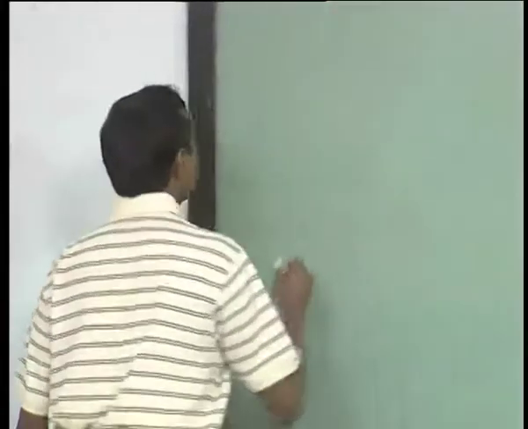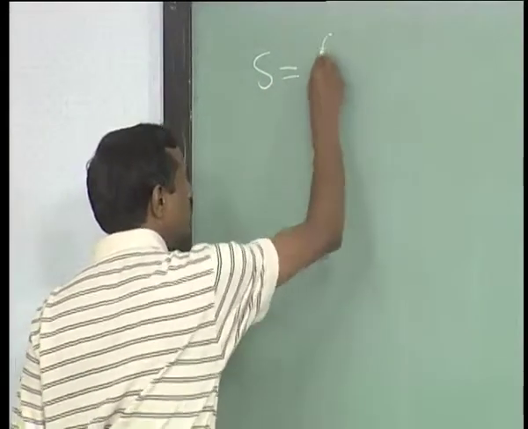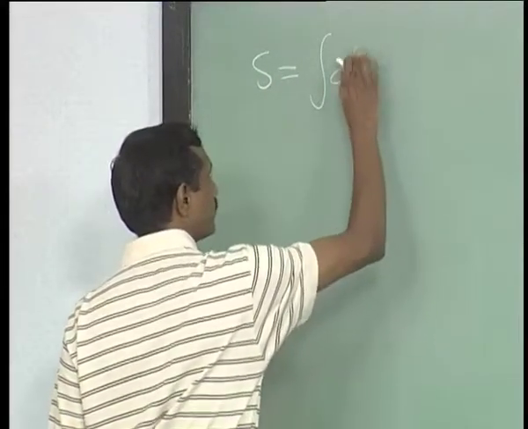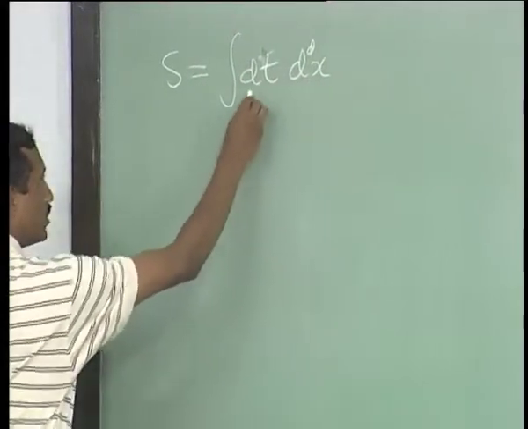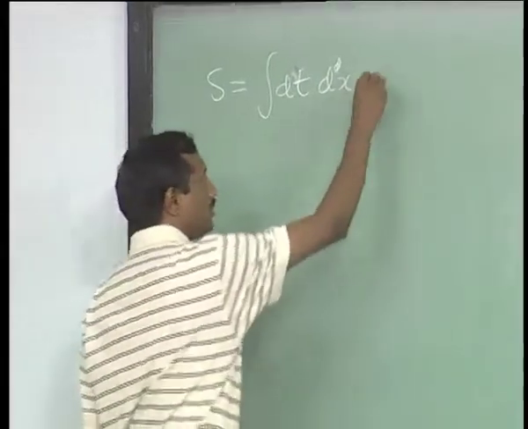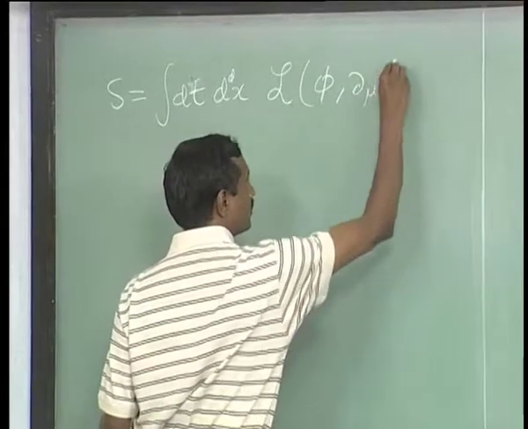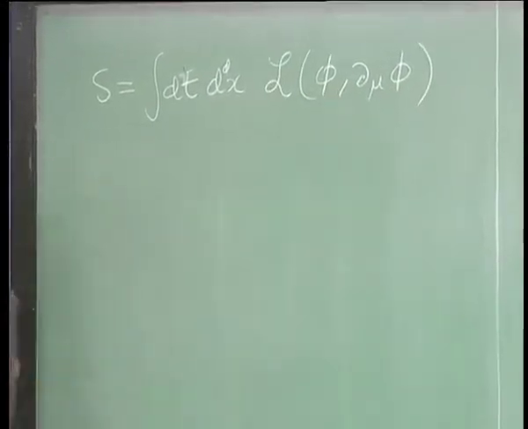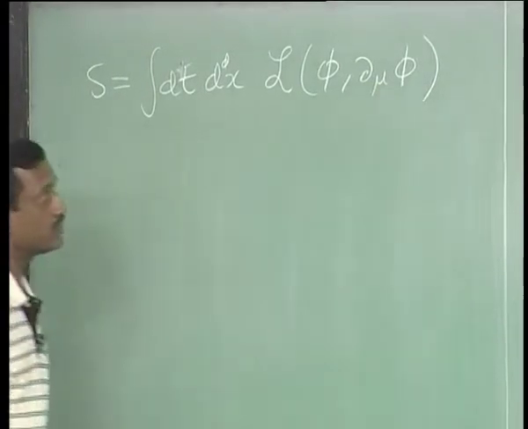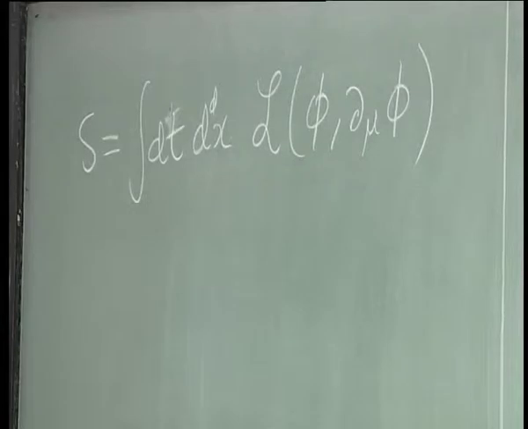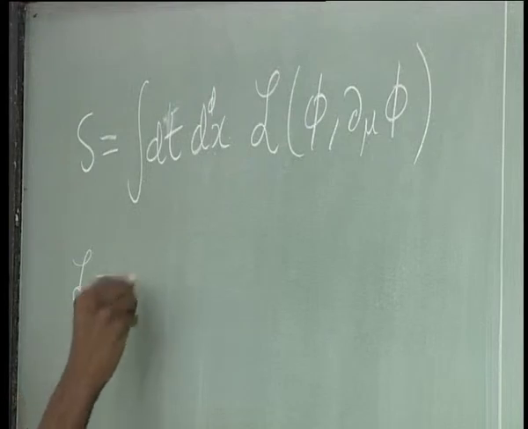Okay, so last lecture what we saw was that the action for a field can be written as an integral over time as well as space over some Lagrangian density, which is a function of the field and its derivatives. Again, remember the derivatives include both spatial and time derivatives, and we also saw that the structure of L should be such that